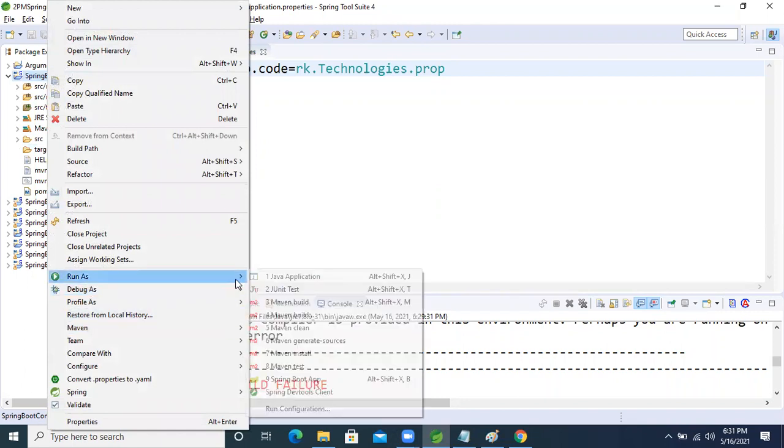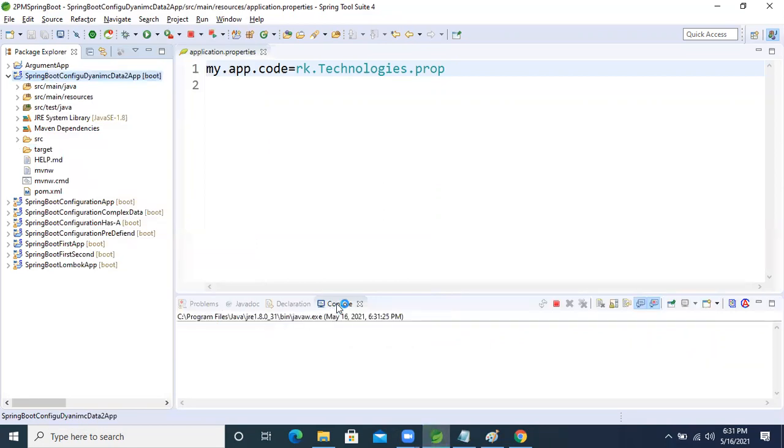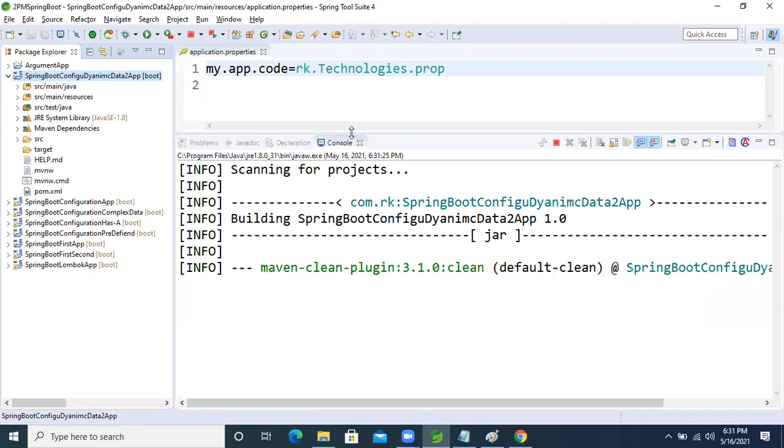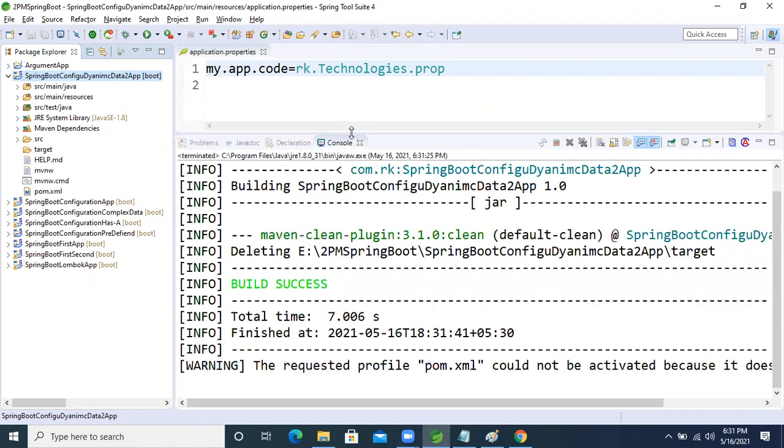Oh, sorry, run clean. First, we will clean it. Okay. So now next part we will do now.